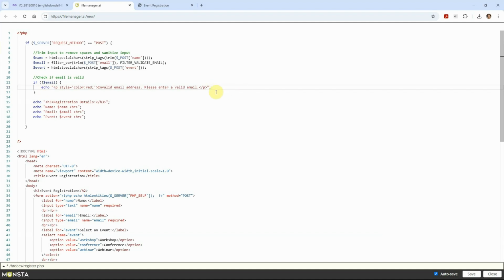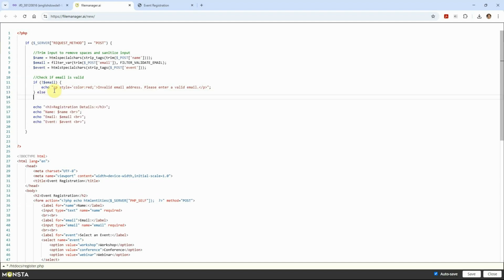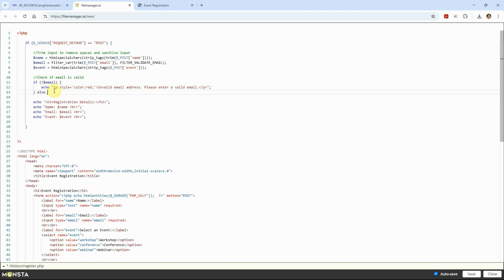And if you notice, this is a mistake that I see a lot of people do. Because we're doing double quotes here, we're doing a single quote around our style value, our style declaration. If we had done a double quote here, then PHP would have thought we had ended our statement. So that's the reason why we did a single quote there. So if it's not valid, if this returns false, then it's going to print this out. Okay, else